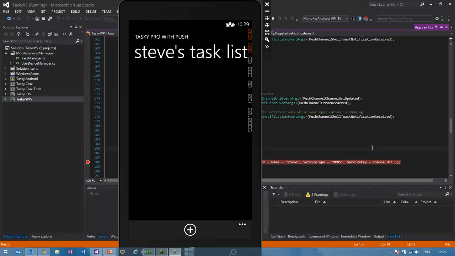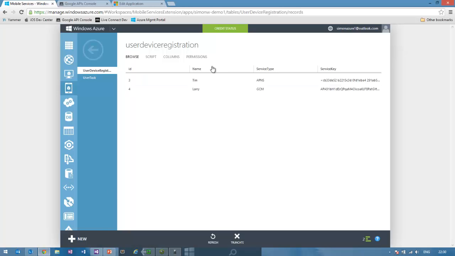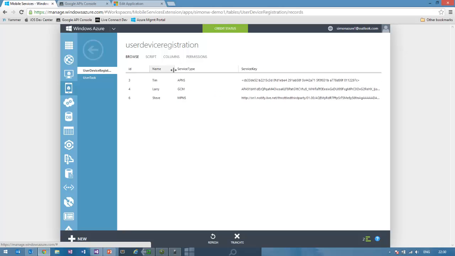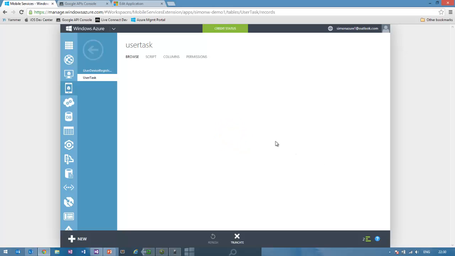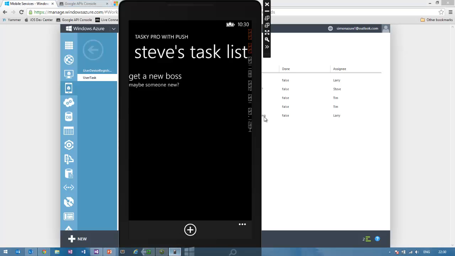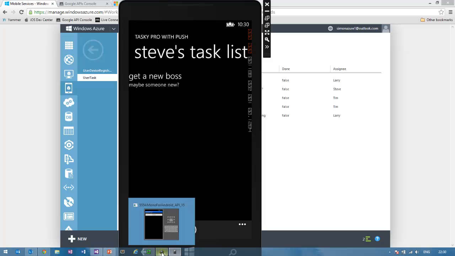Steve's task list loads, and then we should hopefully find there's his one and only task as assigned. And if we flip back to Azure Mobile Services and we refresh this table, we see now Steve's got a registration in here holding his MPNS key, which is good. And we should find that if we send a task into the task table for Steve, he will actually get a push notification. So let's leave the Tasky Pro app open here, and what we'll do is let's use